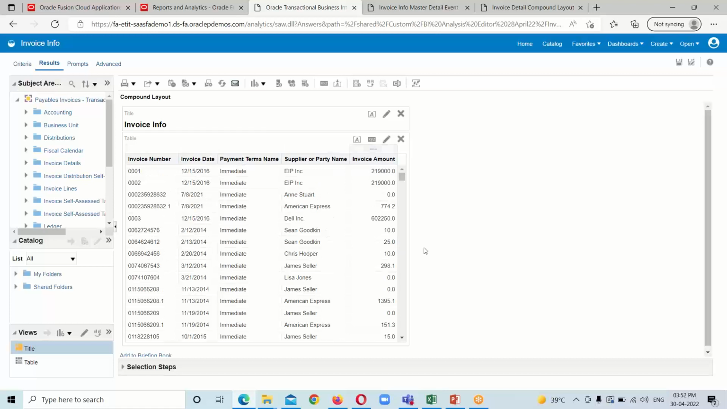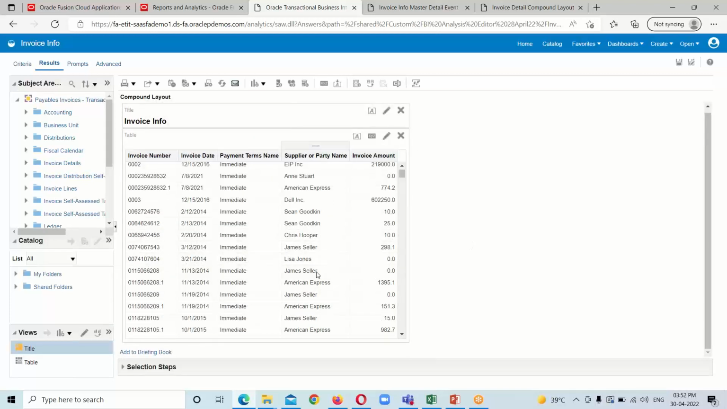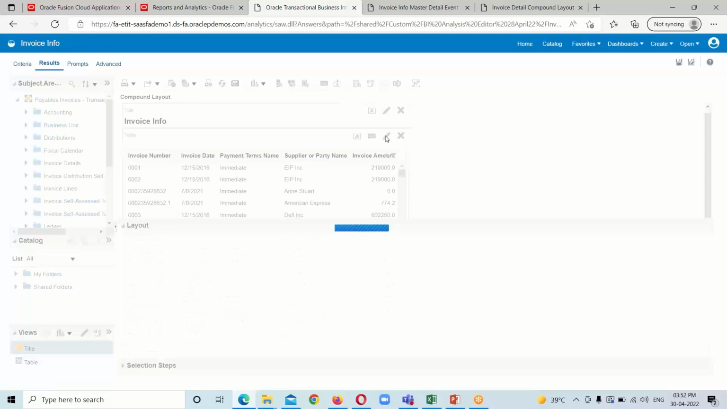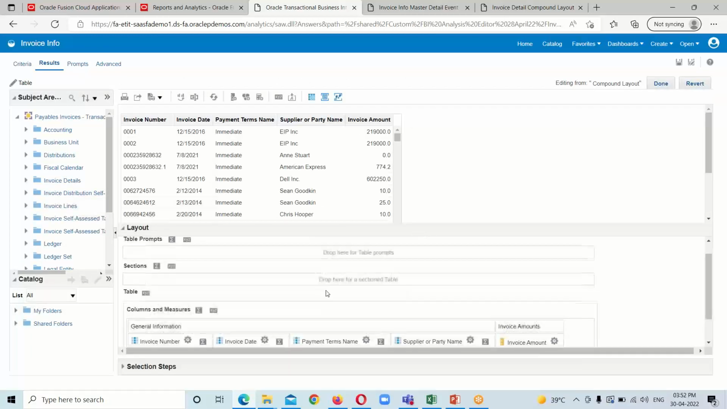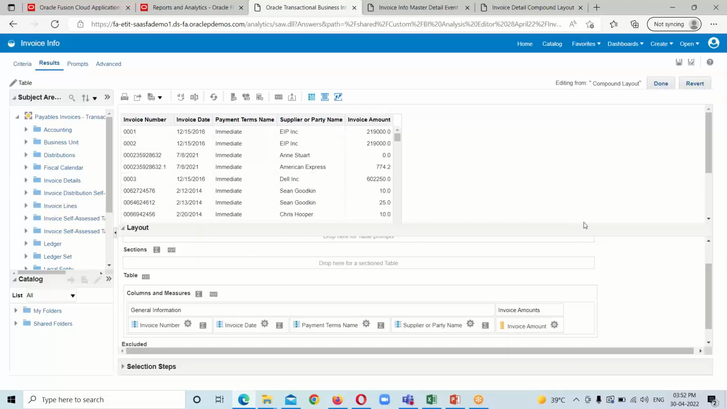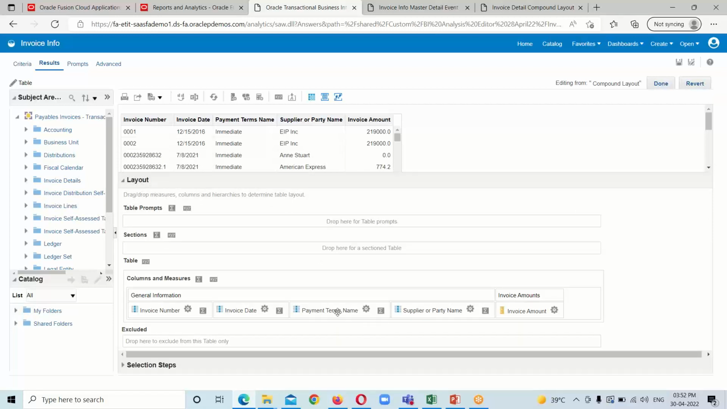So this is the result of our analysis, and what we are trying to achieve over here is the master detail event listener functionality in our analysis. So what we have to do is click on this edit view option, click on this one, and I am going to send this payment terms name as a graph prompt, table prompt, so that